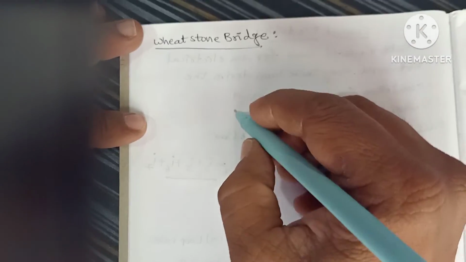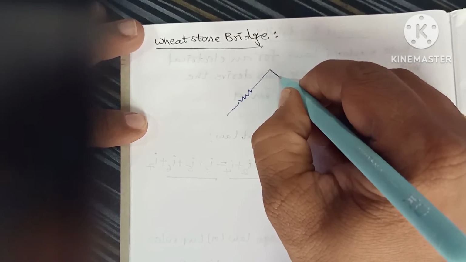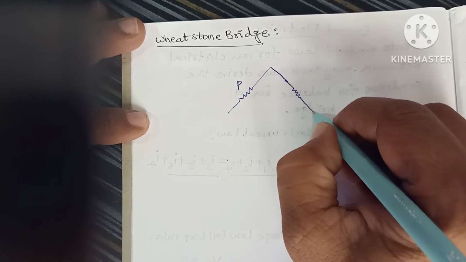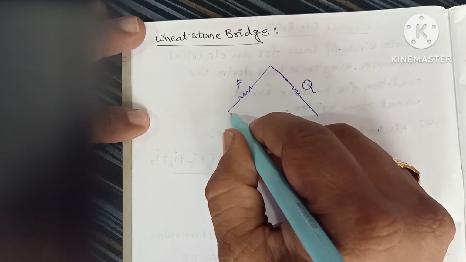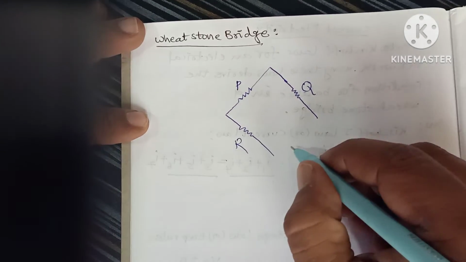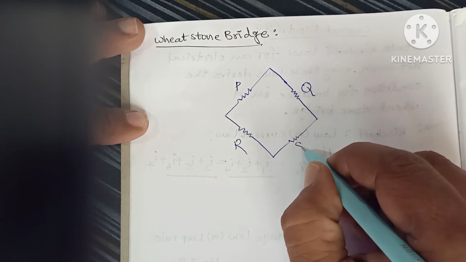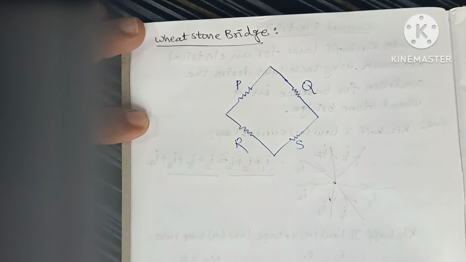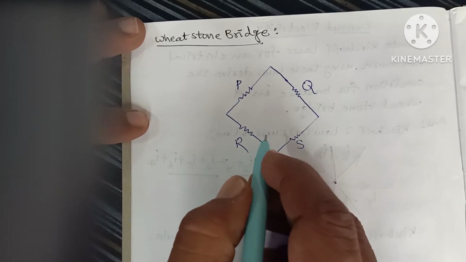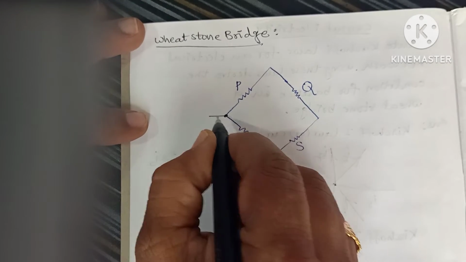In Wheatstone bridge there will be 4 resistors P, Q, R and S. Okay, so P, Q, R and S are connected in this way such that there are 2 junctions formed,